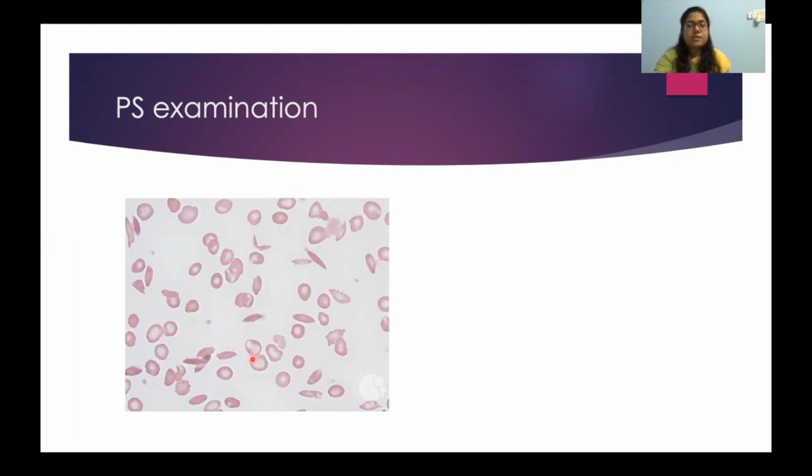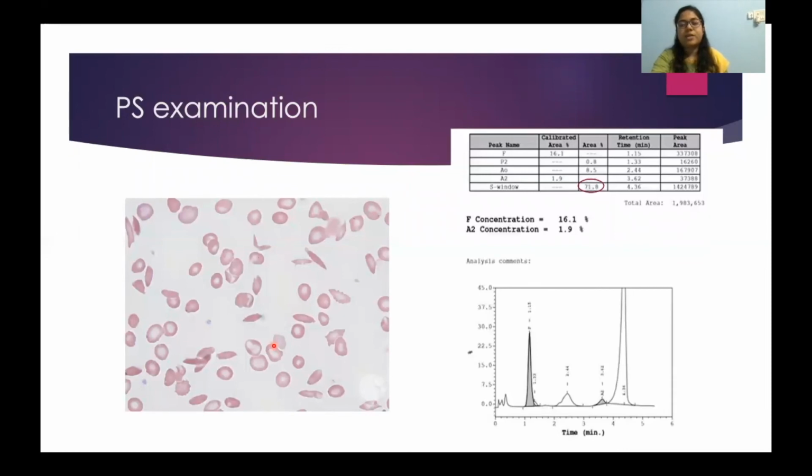In Odisha, it's quite common, where people coming from Western Odisha usually have homozygous sickle cell anemia. So once you get sickle cells in the peripheral smear, your diagnosis is more or less complete. But for treatment purposes, you might have to do an HPLC. The HPLC of this patient shows the S window is having 72% HbS concentration. So how can you treat such a patient?